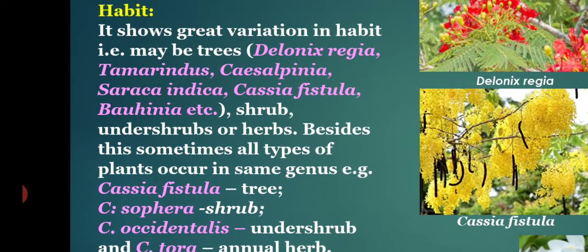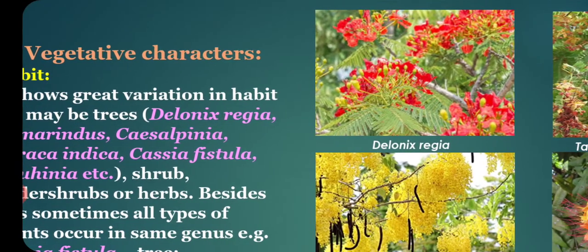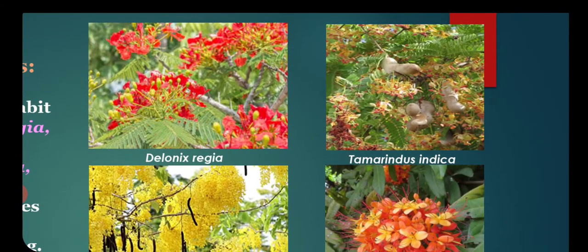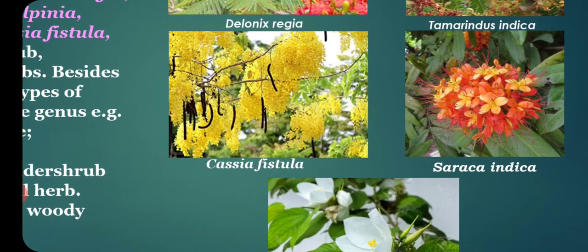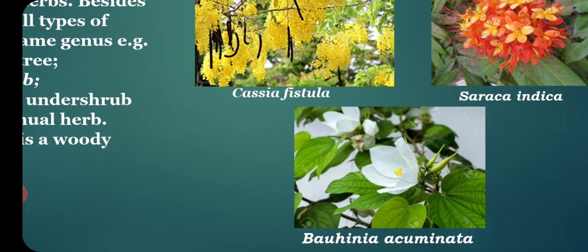Here we can see this Delonix, in Malayalam vernacular name it is Vaka or Gulmoha, and Tamarindus indica, that is tamarind, Pudi, and Cassia fistula, it is our flower of Kerala, that is Kanikonna. Then Saraca indica, that is Ashokam,